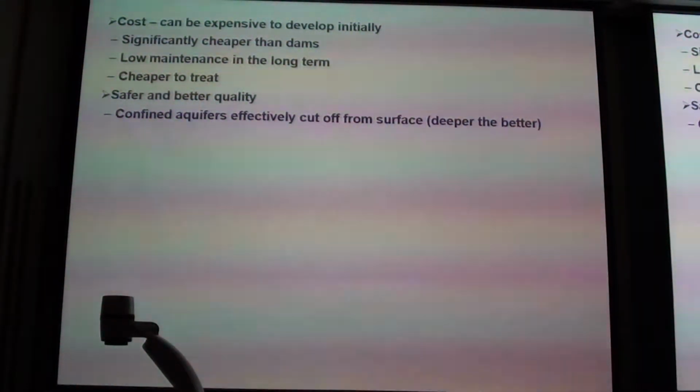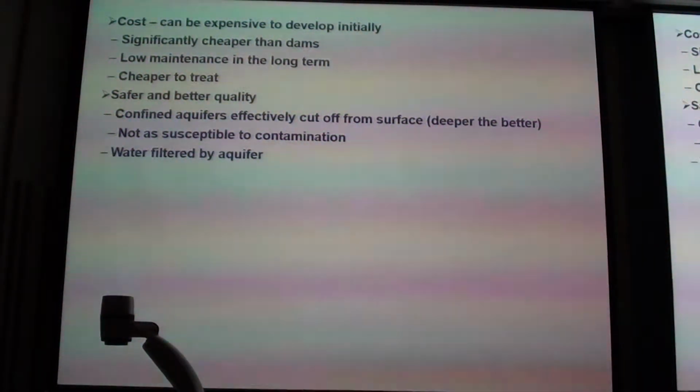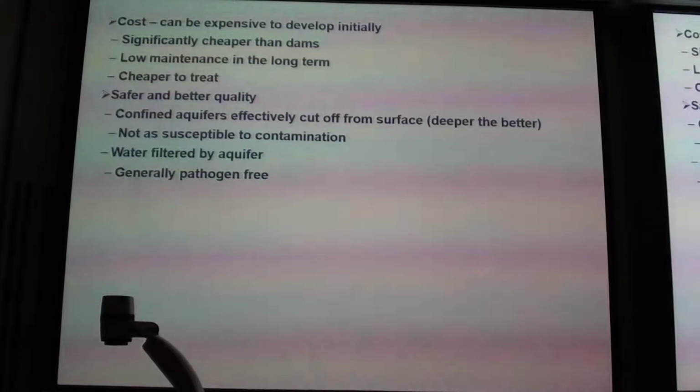Okay, confined aquifers are cut off from the surface and not as susceptible to contamination, so anything getting down into groundwater won't make it to a confined aquifer. So you can get a confined source, really, really good stuff. And also the water's clean, most of the pathogens have been filtered out as it's travelled through the aquifer as well. Okay, so you're taking away a lot of the cost of water treatment if you can get this stuff